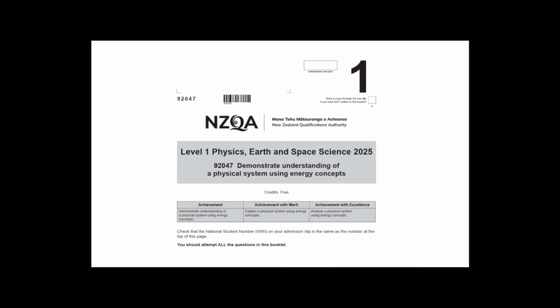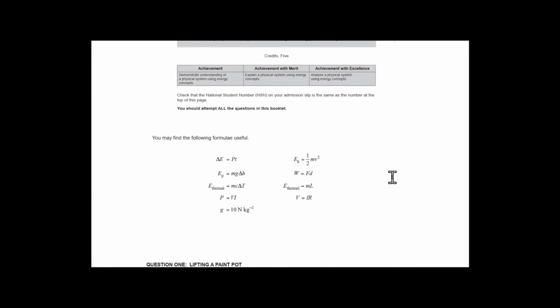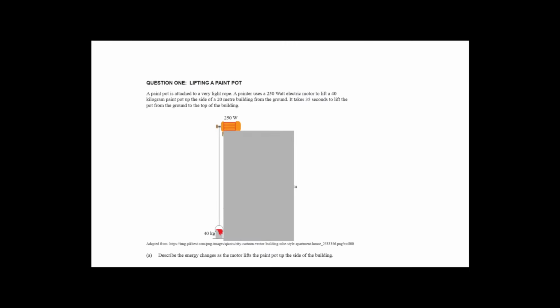So this is the first time seeing this exam paper. All I'm going to do is use the Casio FX calculator and also the formula sheet that they give you. So first up we have the classic question of lifting something vertically a distance. And we're told that we're lifting a paint pot, which is 40 kilograms, so you should be looking